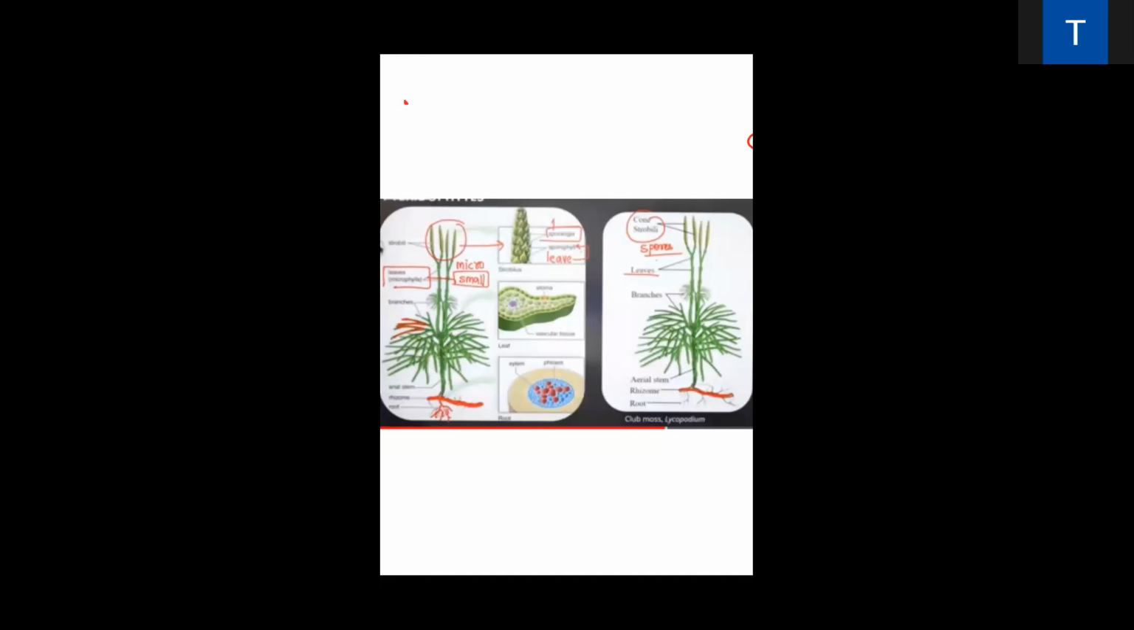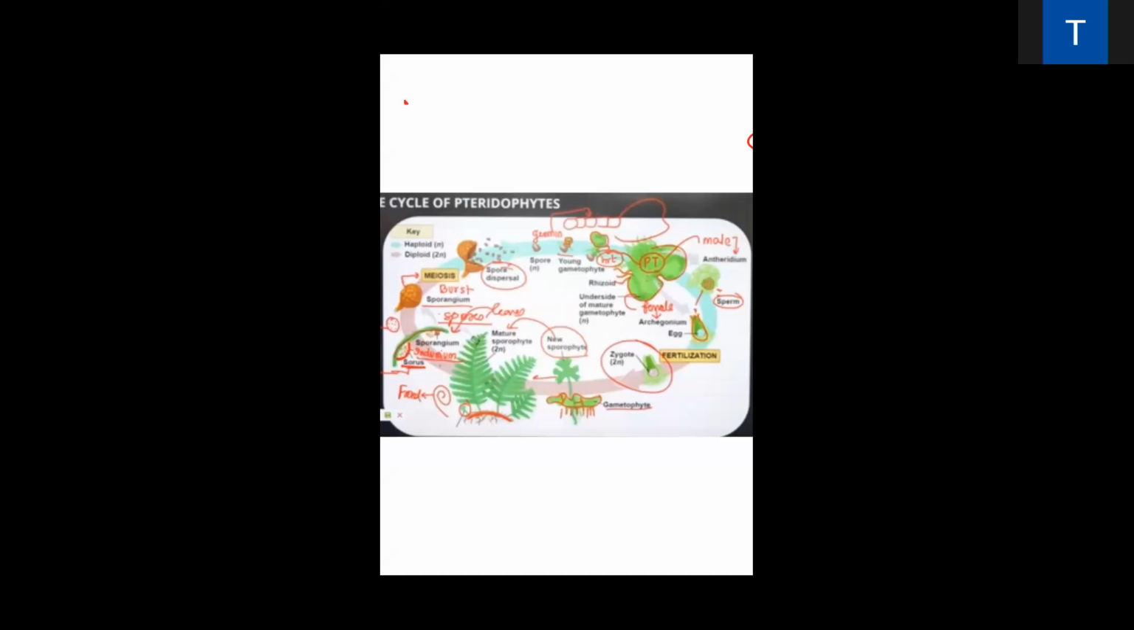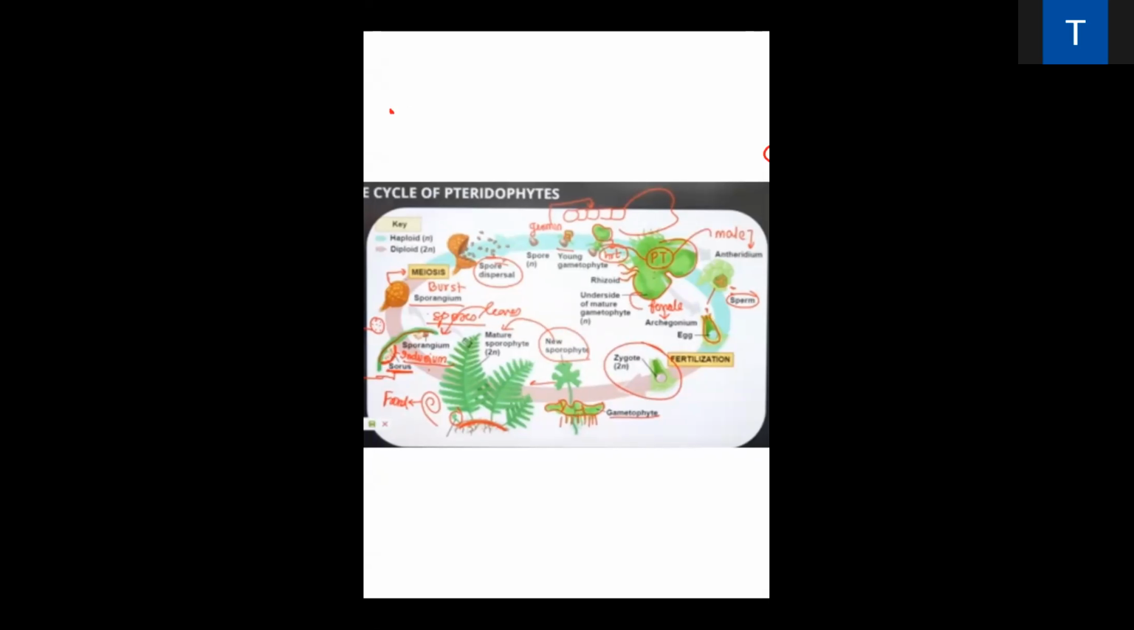Structure: roots are present. Rhizomes spread horizontally, and the thread-like appearance is known as the root. This structure is known as the frond, and here the leaf is present, and spores are attached here. When a group of spores is present, that is known as the sorus, and the covering of the sorus is known as the